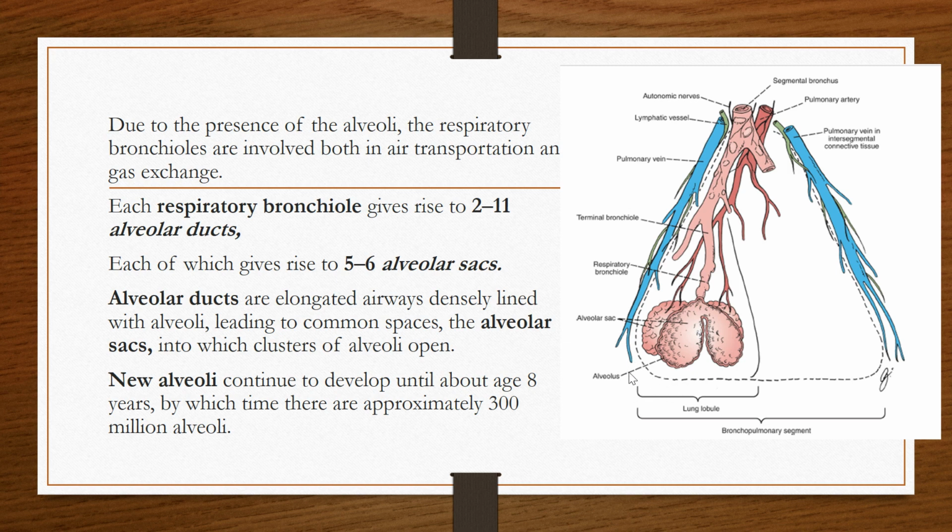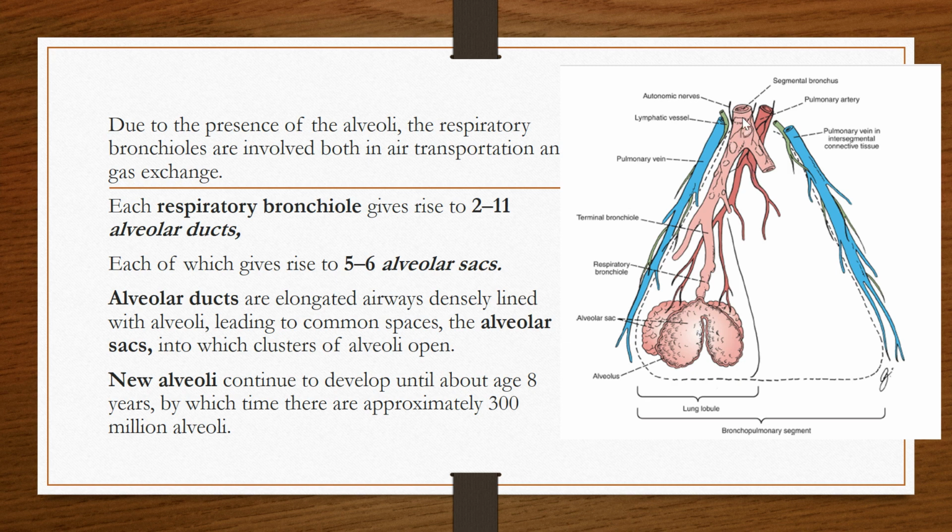See here, this is one bronchopulmonary segment. I have told you in one bronchopulmonary segment there will be one segmental bronchus, one segmental artery which is a branch of pulmonary artery, and intersegmental veins will be present in the connective tissue walls which are present in between two bronchopulmonary segments. So these are the contents of the bronchopulmonary segment.